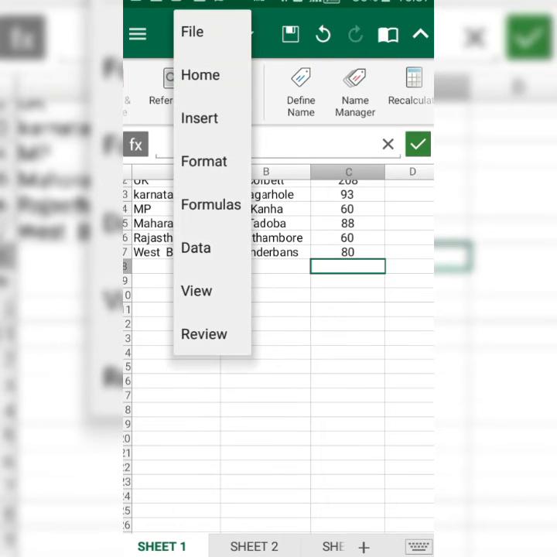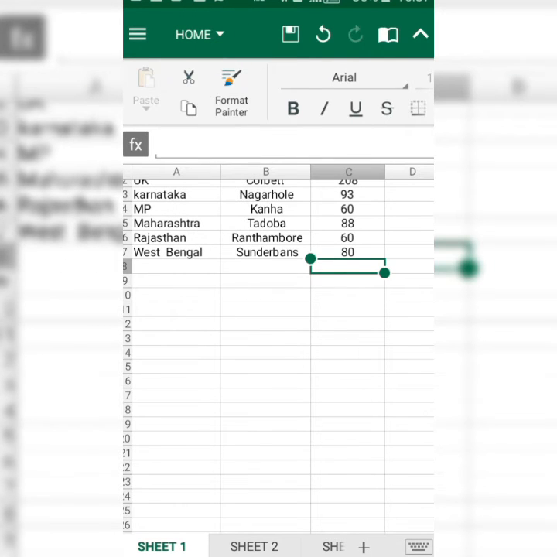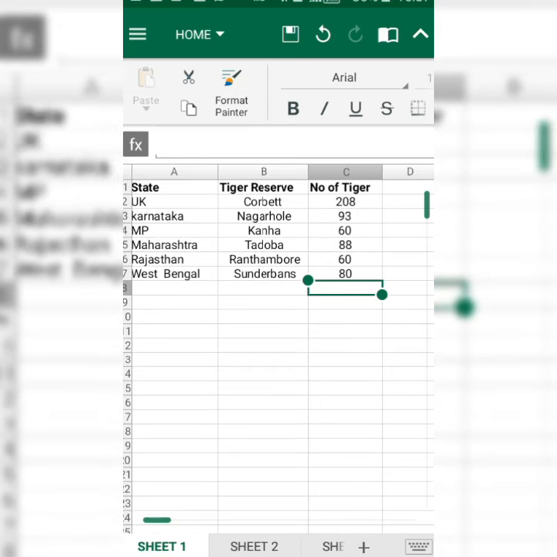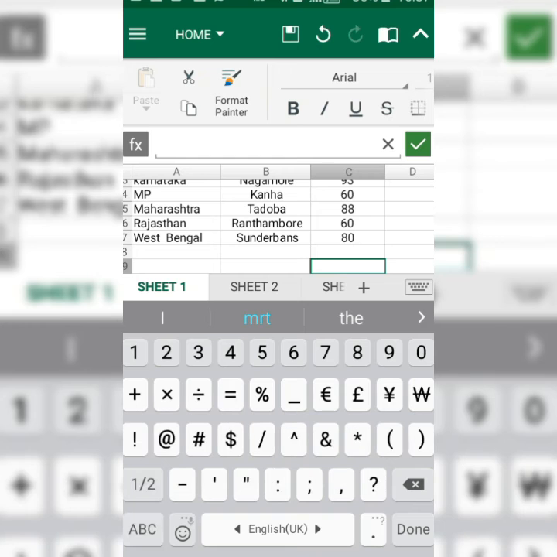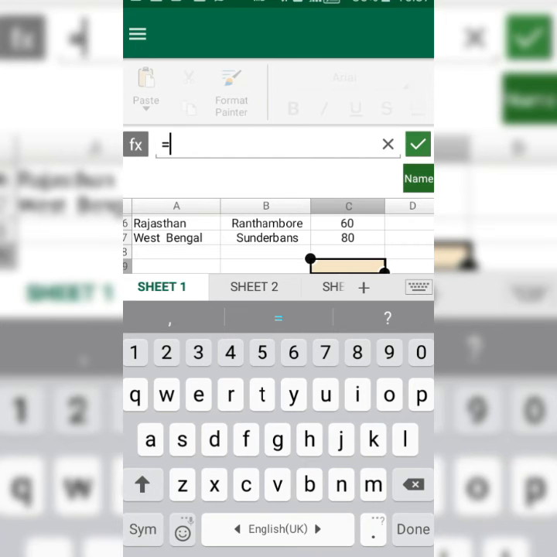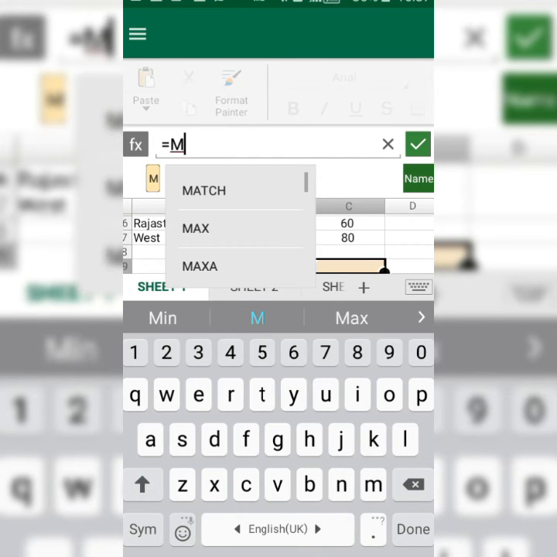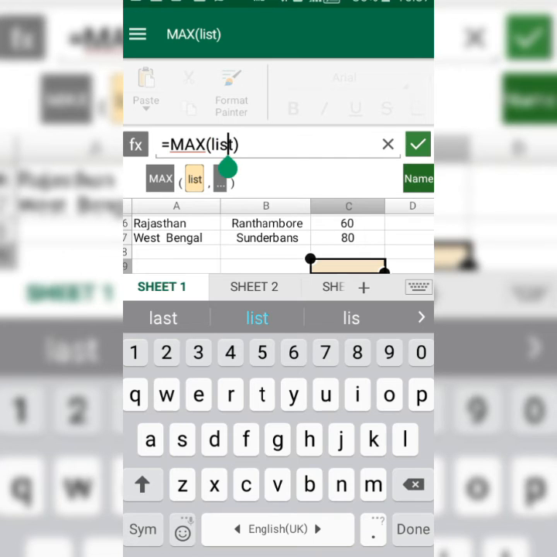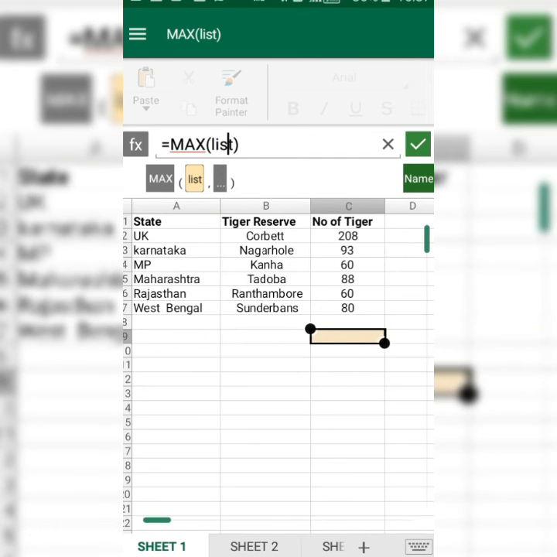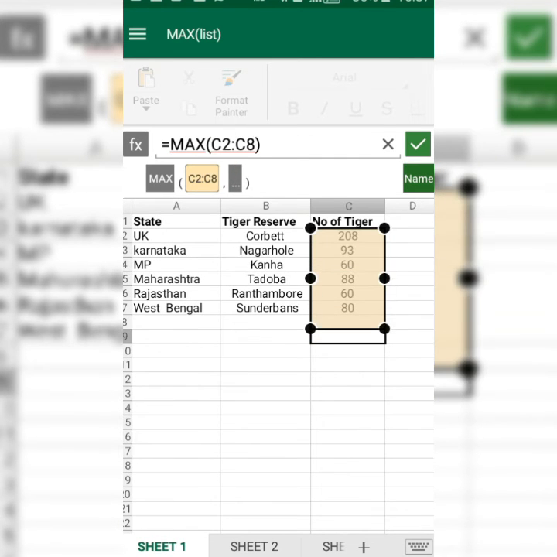Now we'll be talking about how I can find the maximum value in it. Simply, if I want to find out the maximum value, I'll have to type in the formula bar equal to MAX, then it will ask for the range of cells. I simply have to select the range of cells.